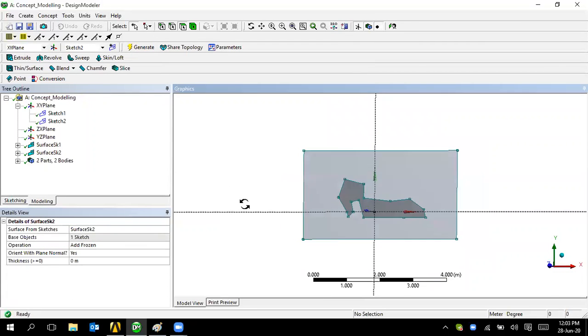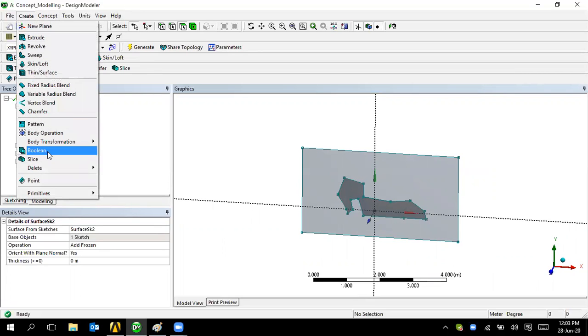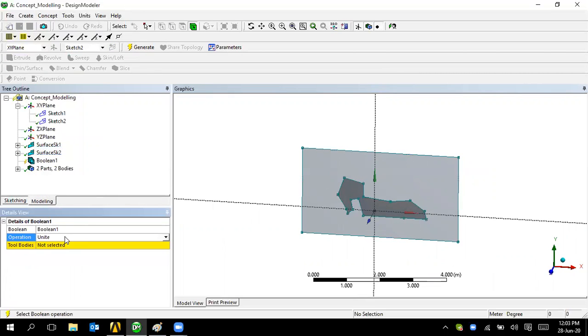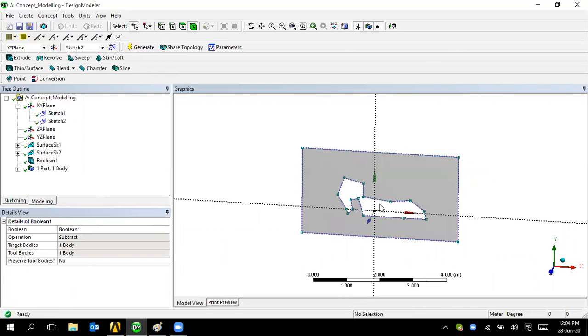Maybe if you want to subtract your outer body and inner body, you can go to create boolean. So subtract. This is my major body. This is my minor body. Apply and generate it. So it is cut out, right?